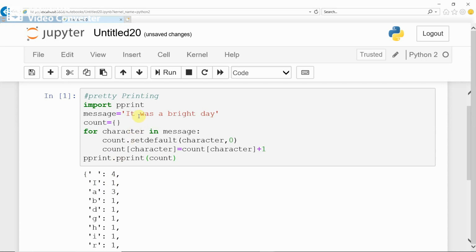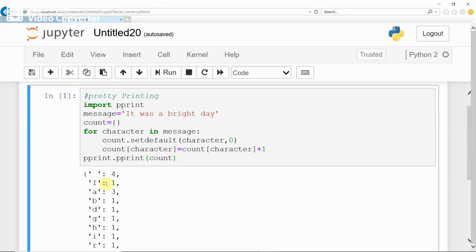Next, I once. Next, see, capital I is displayed first because it is displaying alphabetically. It automatically displays alphabetically because it's the pretty print method. Therefore, first it displays the alphabetically smallest value. Capital always has the smallest value in the ASCII code. Therefore, capital I is displayed first, and it exists once.